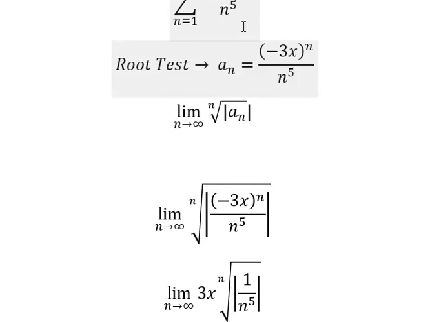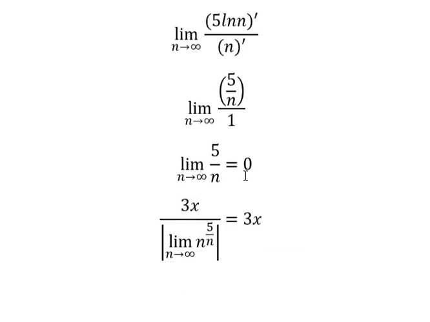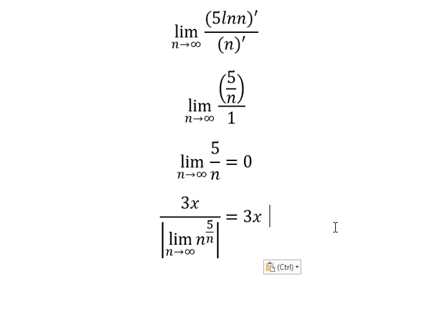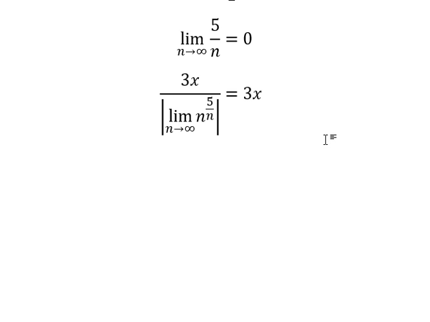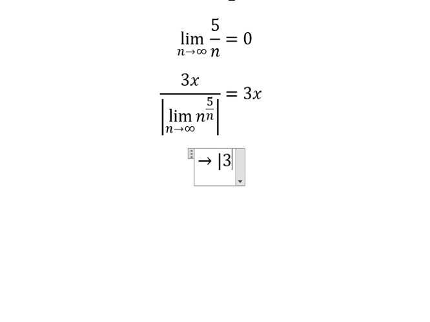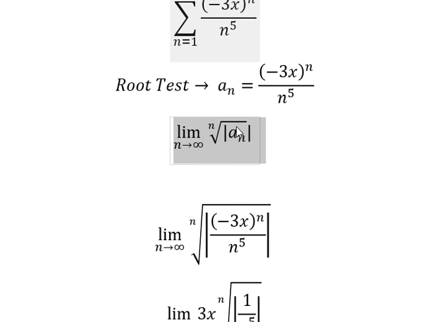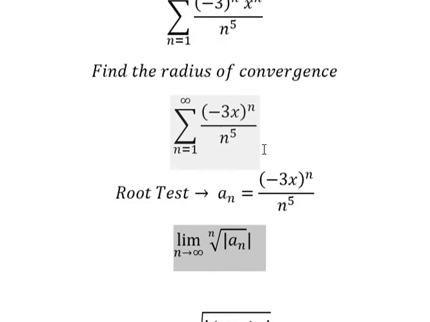So if we look at this series, we see that we need to put 3x into this interval, that is smaller than or equal to number 1. Because the rule of convergence is that the value of this one should be smaller than number 1, but